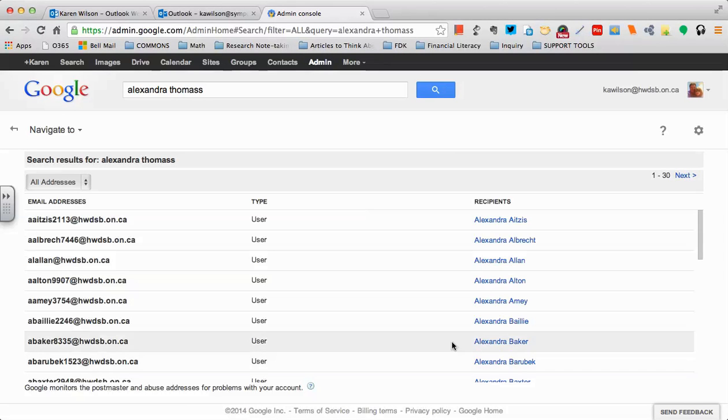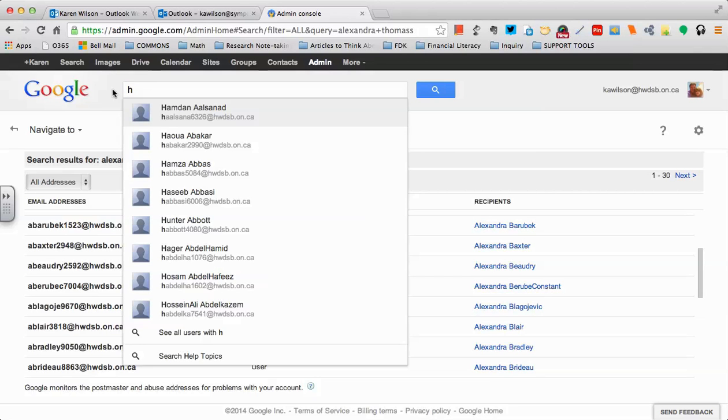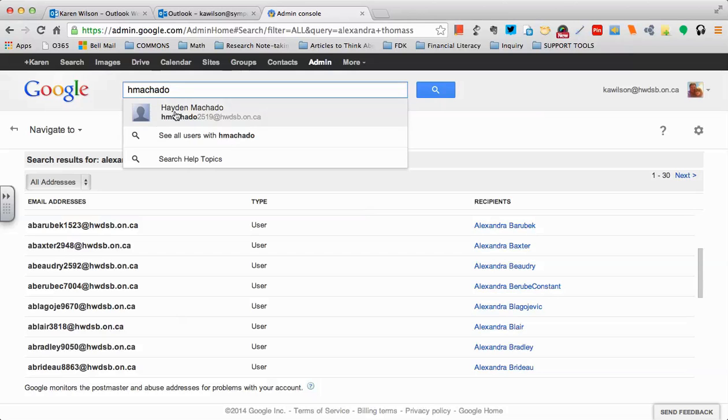And you can see you can scroll down and look for those, or the best way to do it is just to search for a student's name. So I have a student in mind, and if you have their username, then you can just click on there,